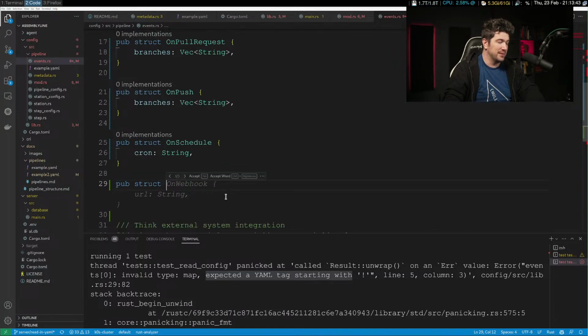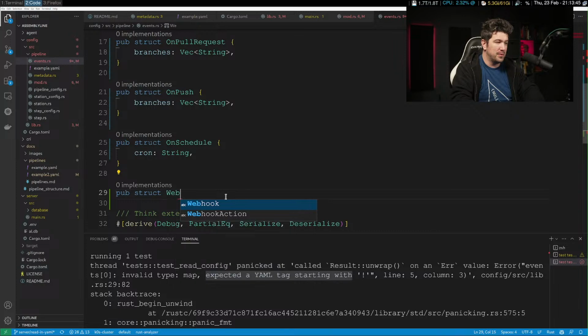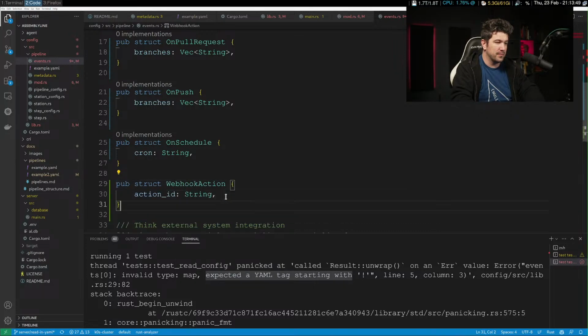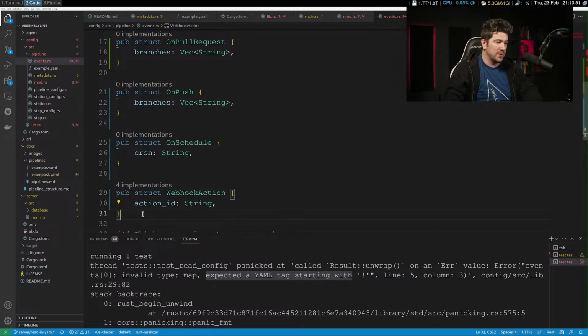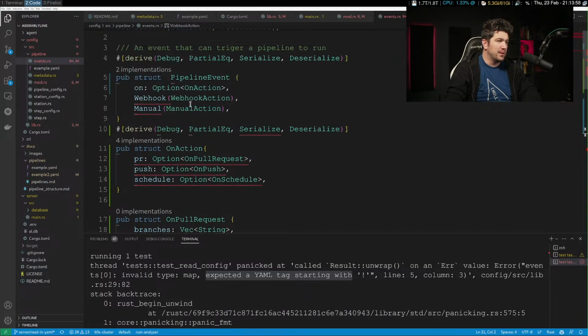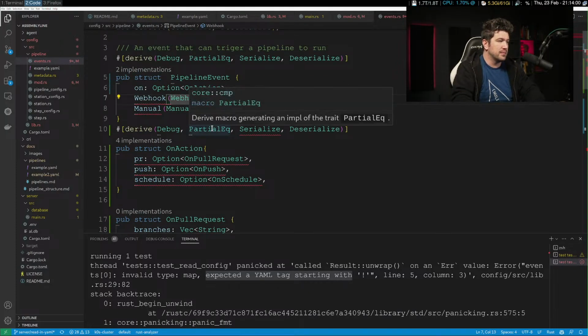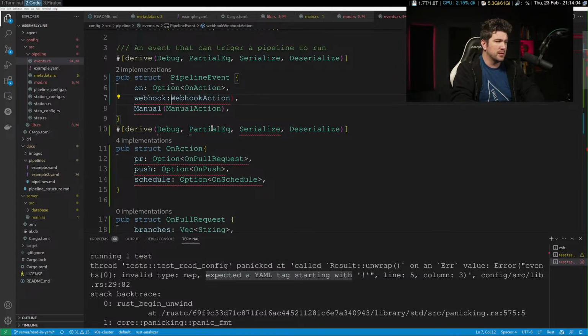You know what it is. Webhook. I don't know what we're going to have in there, so we'll just leave it as action ID. We'll call this webhook.